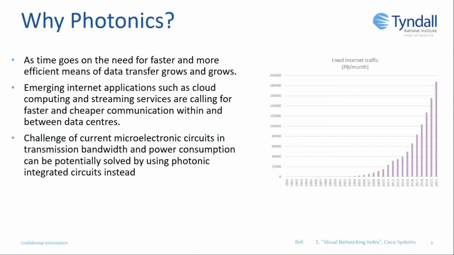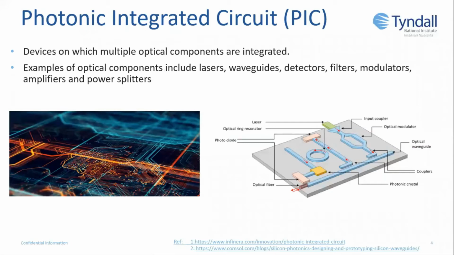So this leads us on to the next question that should be asked. What exactly is a photonic integrated circuit? So it's basically the optical equivalent of an electronic circuit. So instead of having components such as transistors and resistors, instead you have lasers which produce the light, waveguides which guide the light from the laser throughout the circuit, filters which can be used to select the wavelength that is outputted,